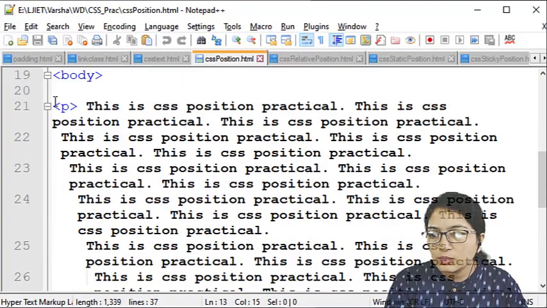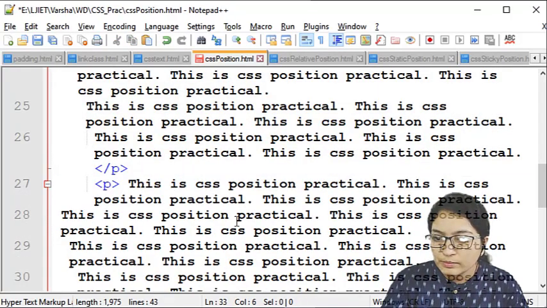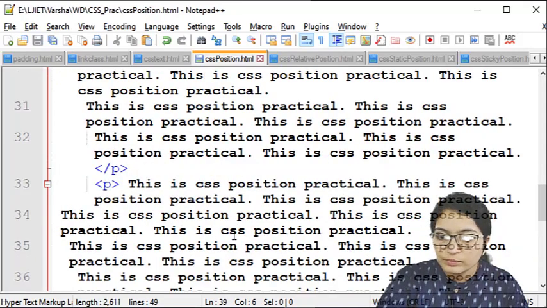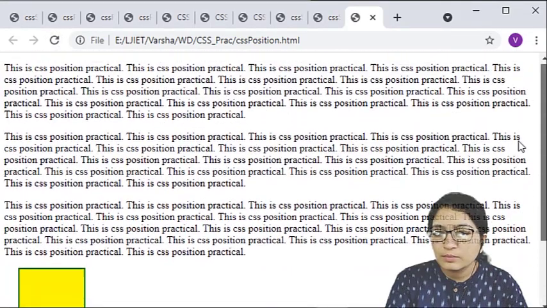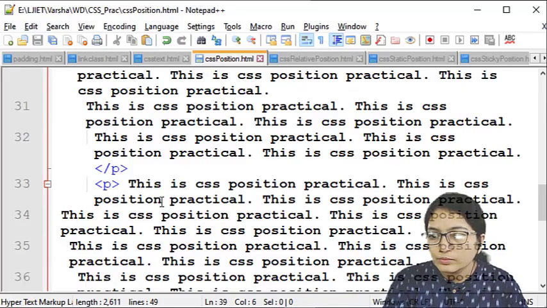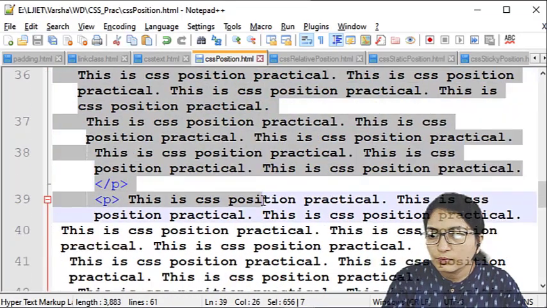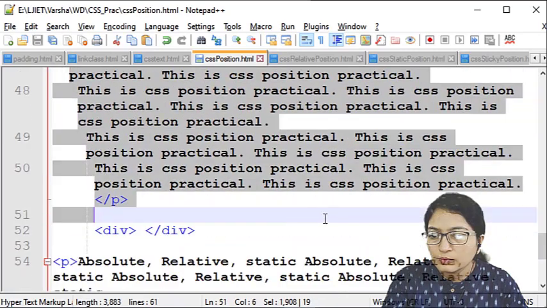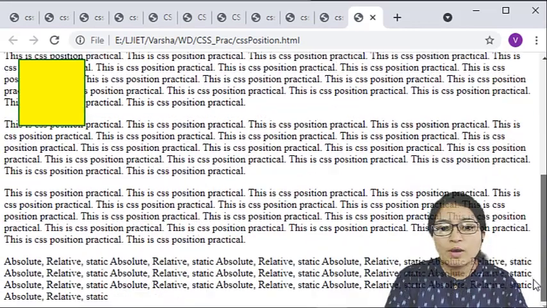Suppose I am copying this again and again. Still we require more. Now you will have a better idea about this sticky position.